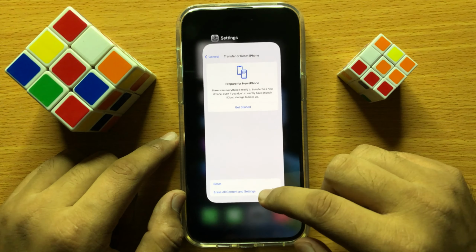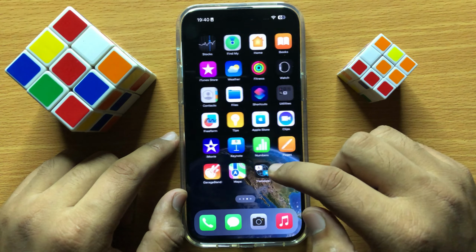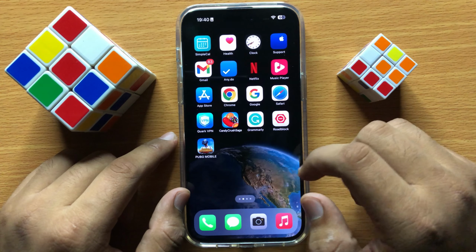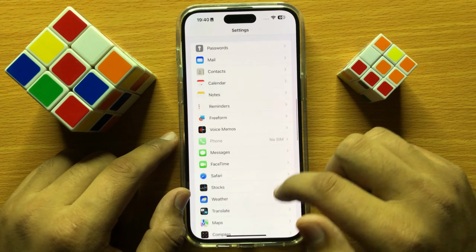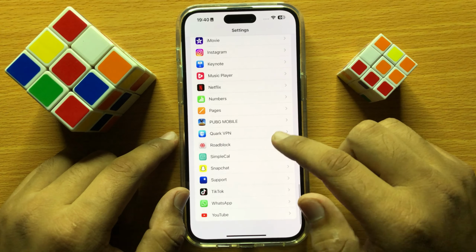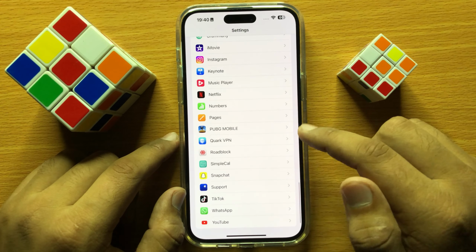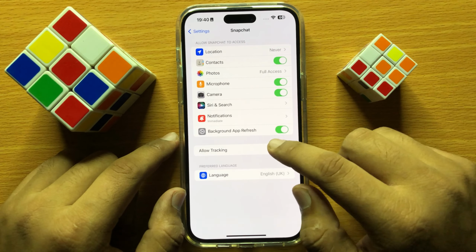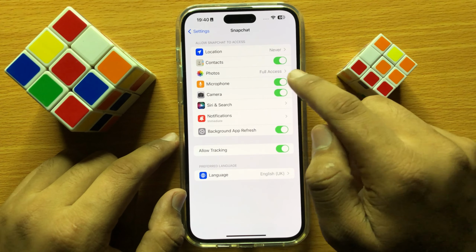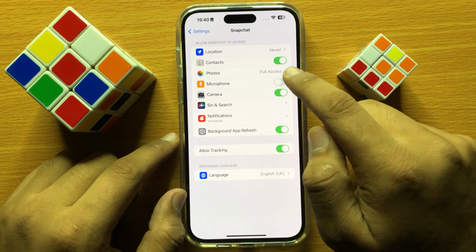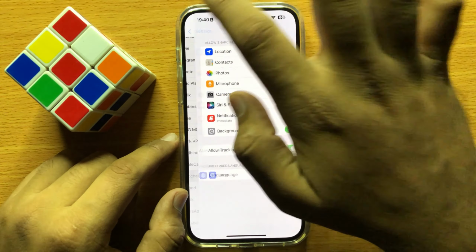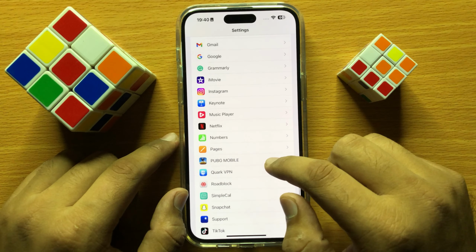So after resetting all settings, if it doesn't fix your problem, then open settings again and then scroll down to the end, and here open the app in which microphone is not working and check if microphone button is turned on. Make sure microphone button is turned on, and after turning on microphone button,